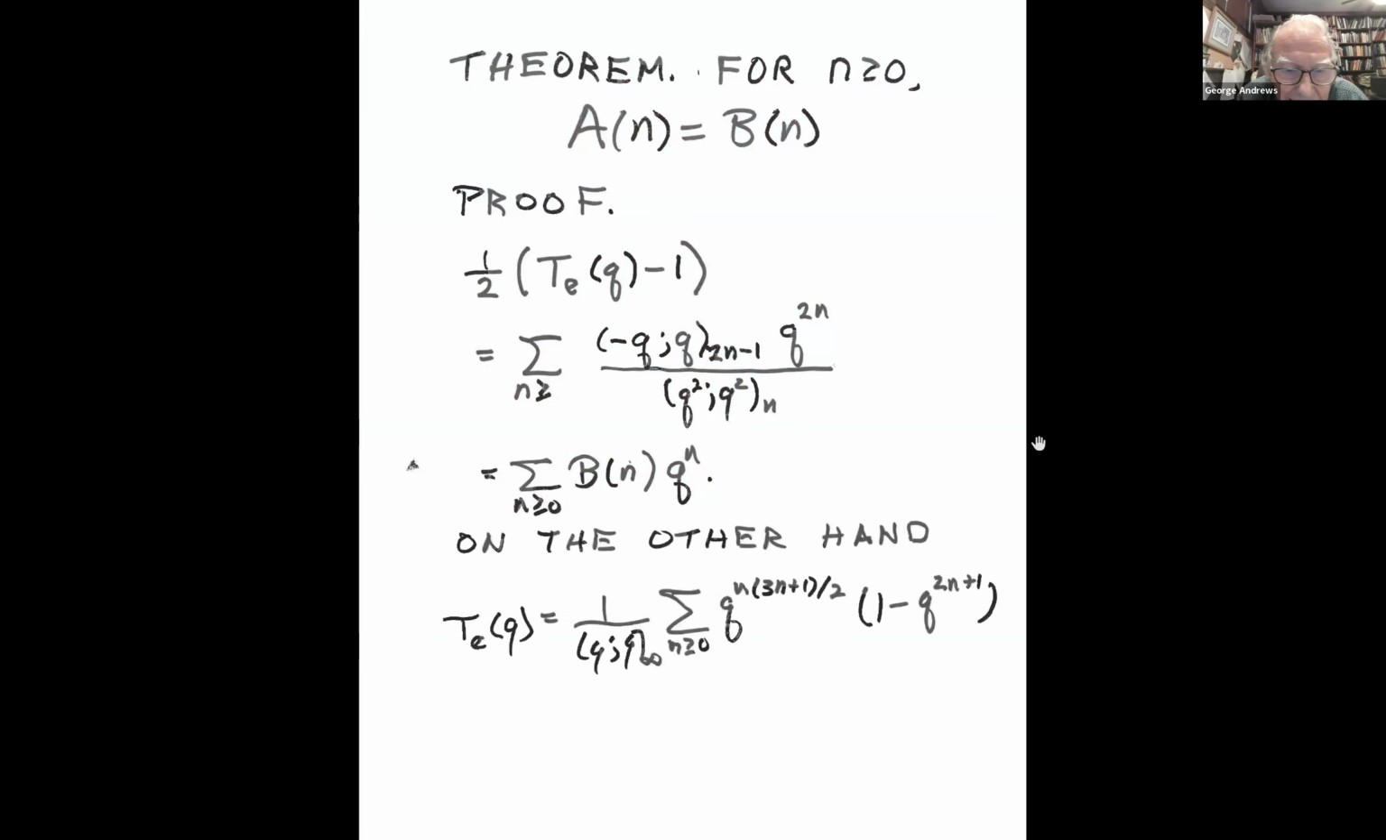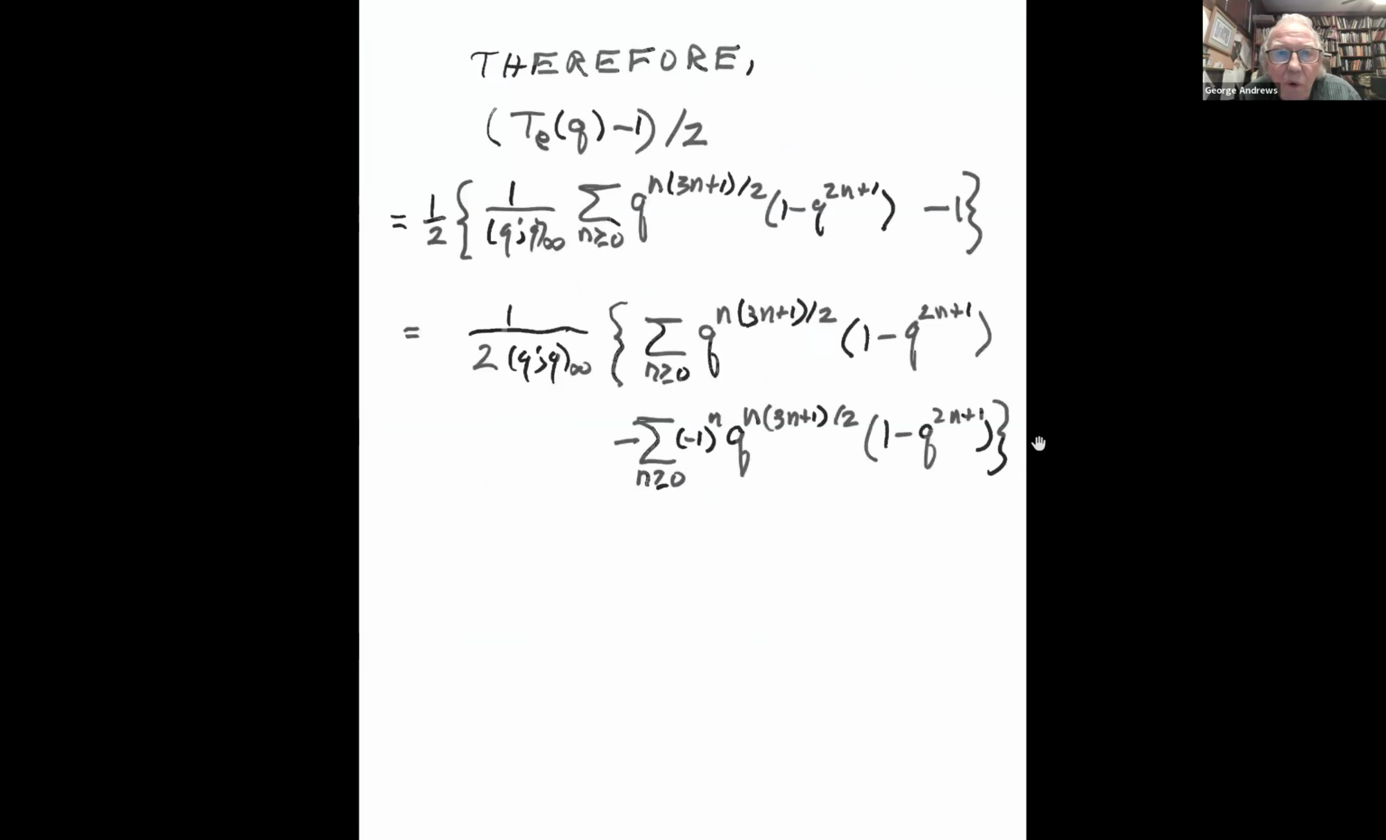On the other hand, TE of Q is equal to this. And therefore, TE of Q minus 1 over 2 is, we've already proved that this identity is true. And so now you see that what one has is